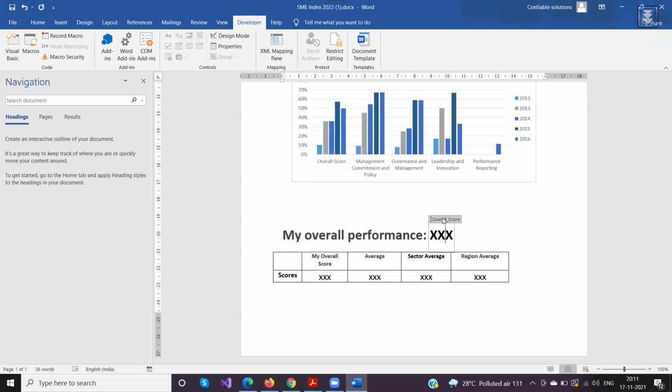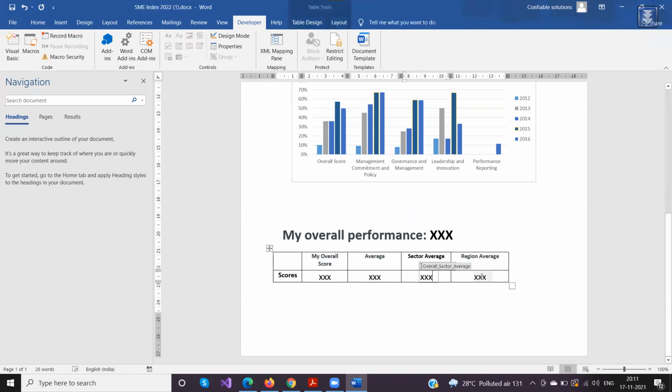Okay, so now you see that overall score. So whatever data you want in that placeholder, to replace that data, you need to use the field name which is there in the data set for this particular placeholder. Now that you have modified this, it would show the overall score. I'll show you how to update this document, so that is what you will see here. So this is how you add the placeholders. Similarly, I've done it for all of this.